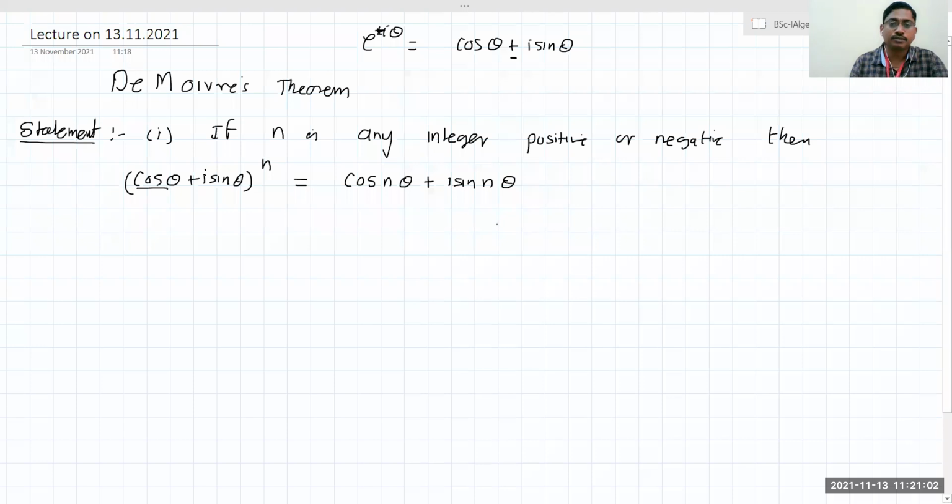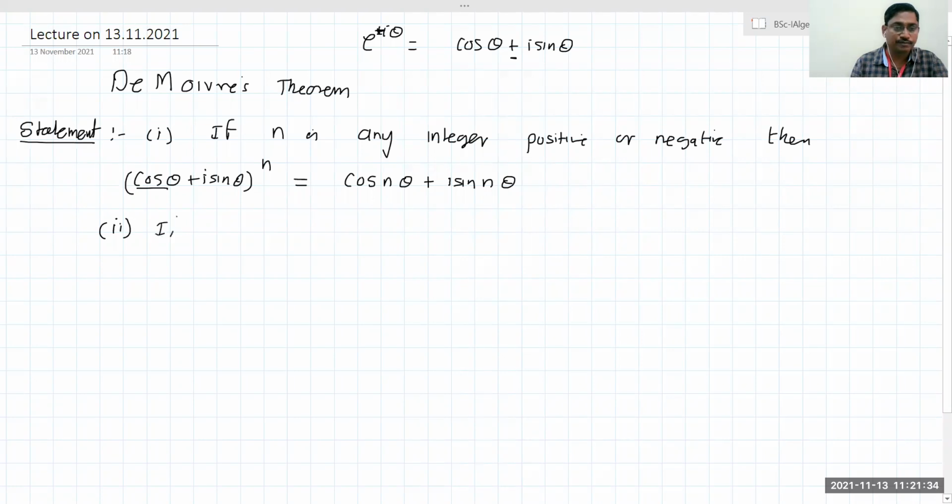So this is for integers, and now I'll write for fractions, positive or negative. Second statement: as per the fractional power, we will not write equal to, because when you take a square root, it has two roots, and one value will be that value. When you take a cube root, by the fundamental theorem of algebra, it may have three values, and among those, one value will be this. That type of statement we are mentioning here.